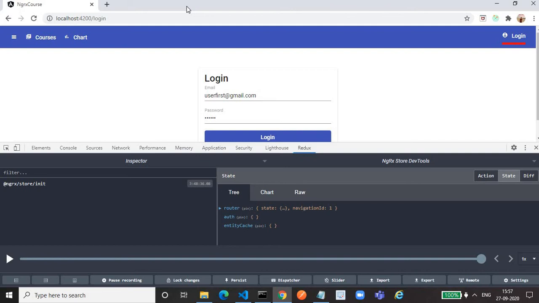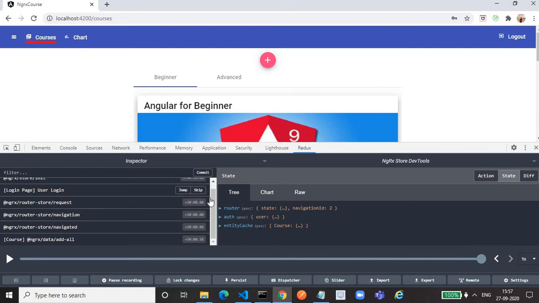But when it comes to a list of entities, like the courses entity in which we have a list of courses, we will take the help of NGRX data instead of the entity approach. Okay, we'll see that. So let's log in and navigate to our courses screen.